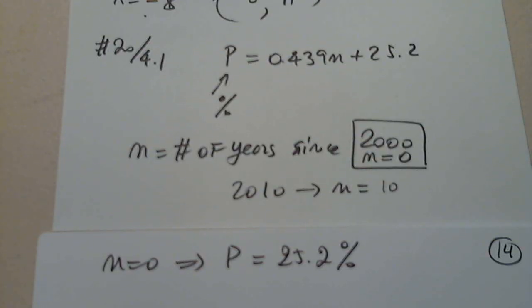According to the model, what percentage of the population 25 years and plus when N equals 10? So again, the best thing to do is enter, like we did before, the formula in y equals. The formula is 0.439. We don't have the n, so we have to use x. It doesn't matter. The variable is not important. 25.2. And when you use the second table, when you put in 0, you will get 25.2. When we put in 10,